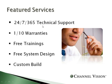With that being said, we do have a few things that we can help you with also, including 24/7 tech support. So if you're out there on the job on the East Coast, you can always give us a call, even if it's after hours here on the West Coast. We can make sure that we help walk you through your setup and your system design. We also offer warranties, 1-year warranty on all of our powered products and 10 years on all of our passive products. We do offer free training, so if somebody charges you to attend today, do ask for your money back,